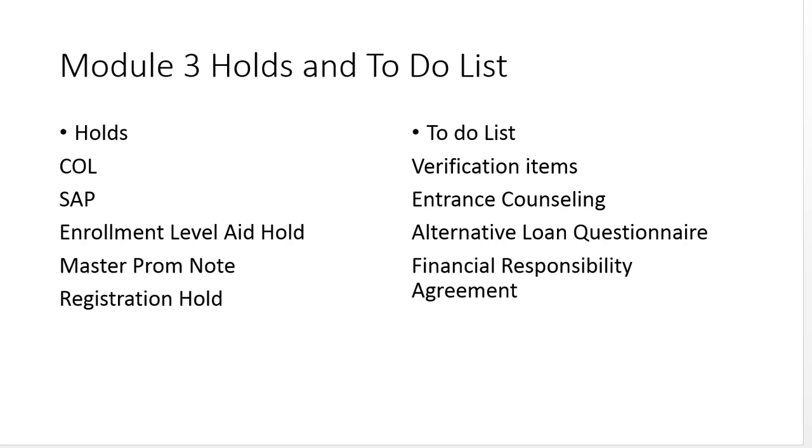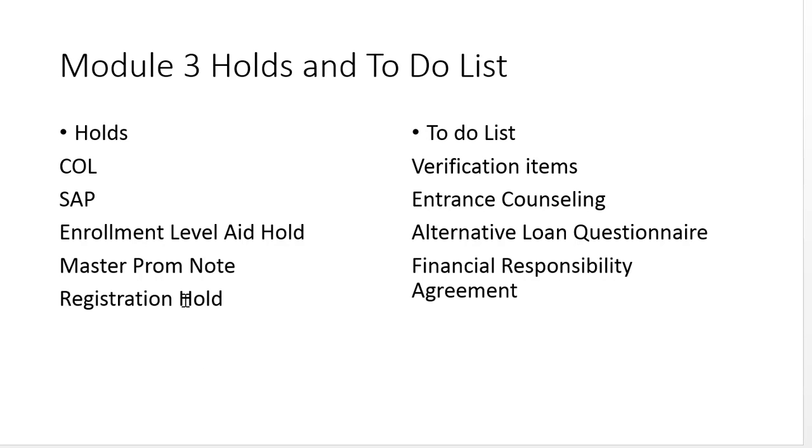So let's recap the holds and the to-do list. This is basically stuff that would be under the holds. Collection hold, which would basically mean that you had a past due balance. A SAP appeal hold would be something through financial aid, like it wasn't satisfactory academic progress. Enrollment level aid hold, which basically means your hours aren't matching. Master promissory note hold, which means that you haven't signed the promissory note for the loan, and a registration hold